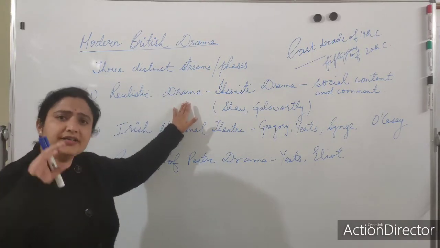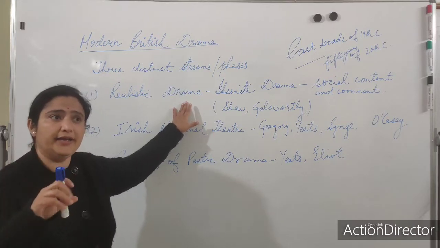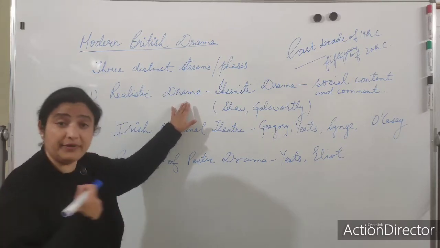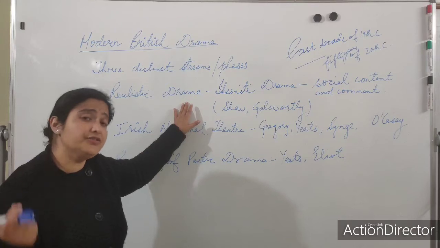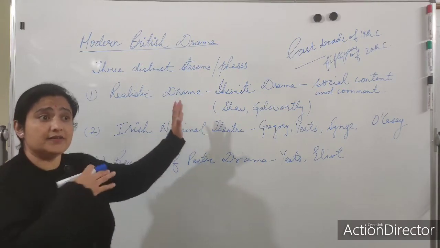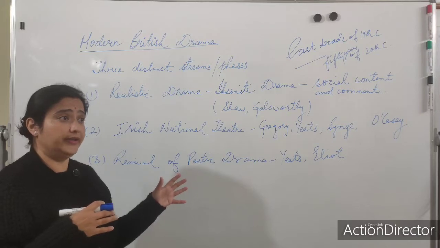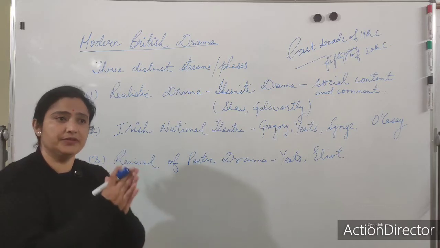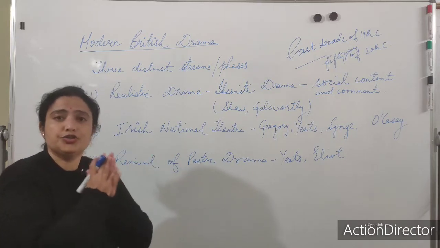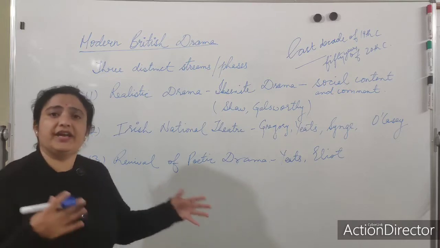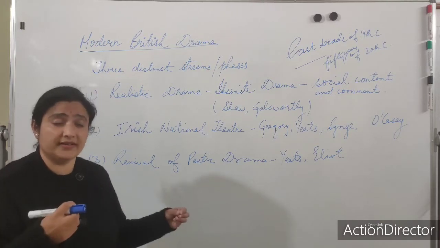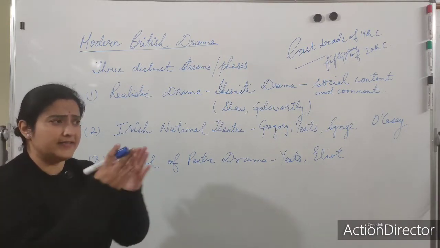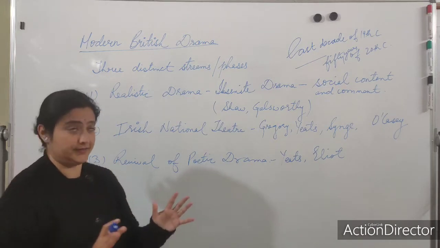When we say realistic drama, it simply means that you are trying to highlight or focus on the things that are happening around you, that are happening in the society. By you over here, I mean the dramatist, right? When I say he is a realist, his works are an example of realism. Realism simply means that the person is addressing the problems that the society is facing. They are talking about real things. They are not romanticizing things. They are not hiding things. They are not faking things in the context of the society, right?